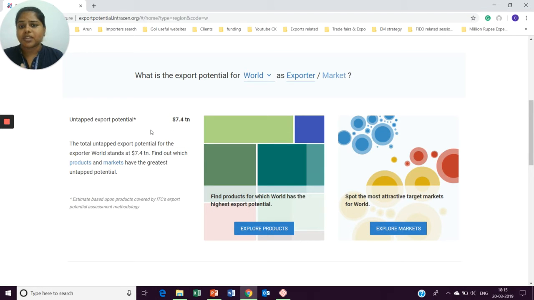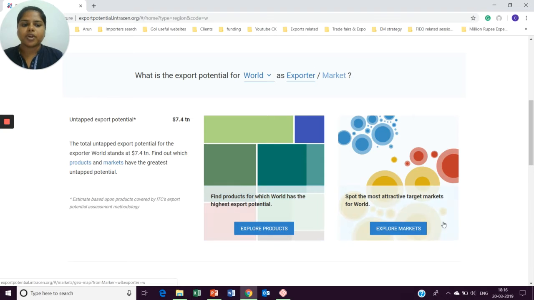As per the data, it shows there is $7.4 trillion worth of export potential in future. So it gives you a scope for anyone with any background from any country. You have an opportunity to succeed in the export business.